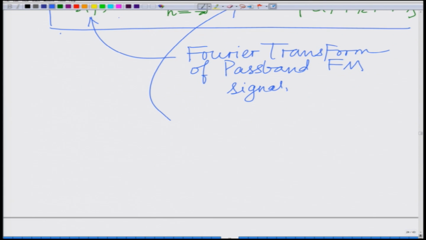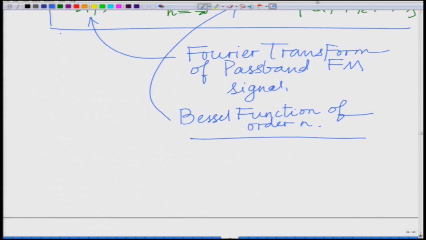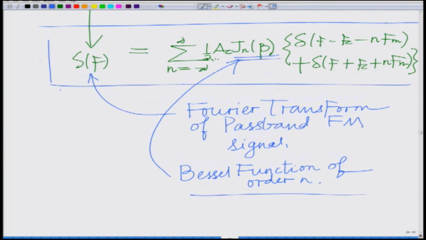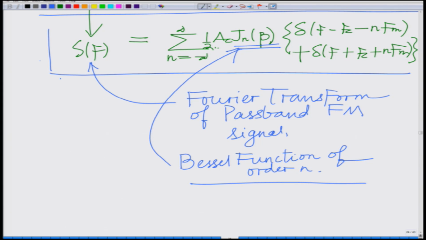This is the Bessel function J_n(β), the Bessel function of order n. So, this is the spectrum, and naturally it depends on J_n(β). Of course, n goes from minus infinity to infinity,